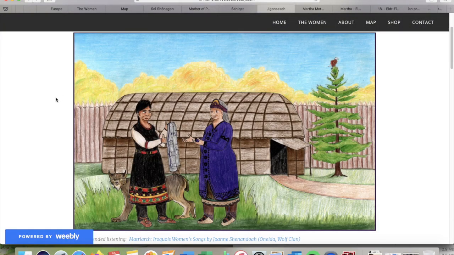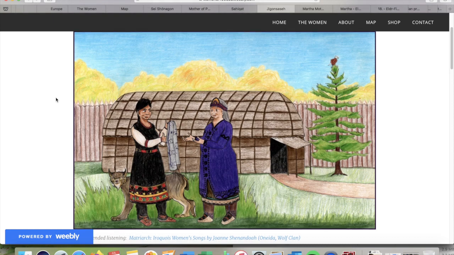So for example, this illustration of the Haudenosaunee woman, or possible Huron woman, Jigonsase, is recorded in the oral history of the Haudenosaunee because she was so foundational to their confederacy. So as you can see, there's a lot of different methodologies at play here,